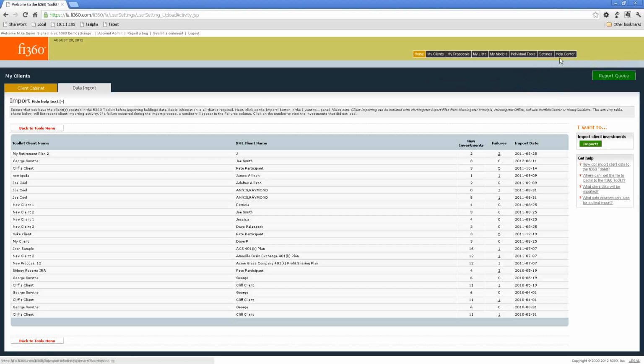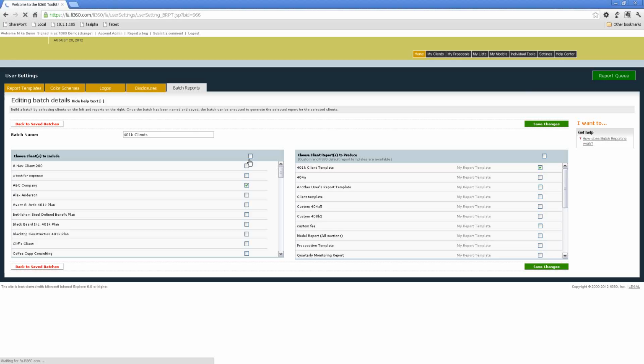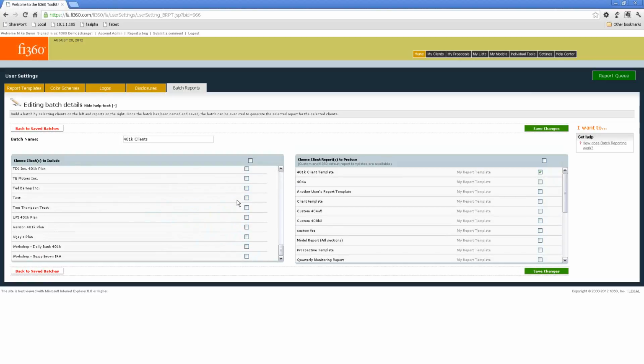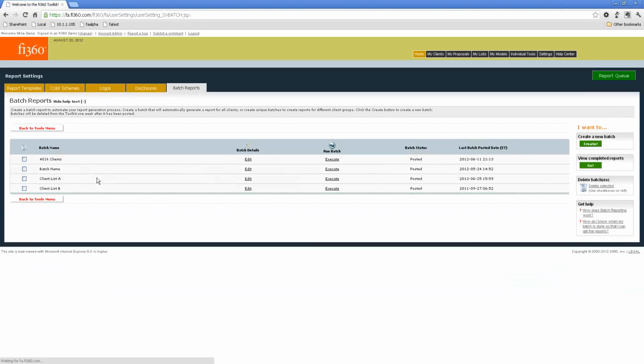And then last but not least, running reports. Running reports is probably another thing that you're going to spend a lot of your time doing, but you can really manage that process pretty quickly and efficiently with a batch report. So what we can do is, I'm just going to pull up our 401k batch report, but what I can do here is select from my entire list of clients. I can select the clients I want. I can select the reports I want and click Save Changes. And then once I actually execute the report,